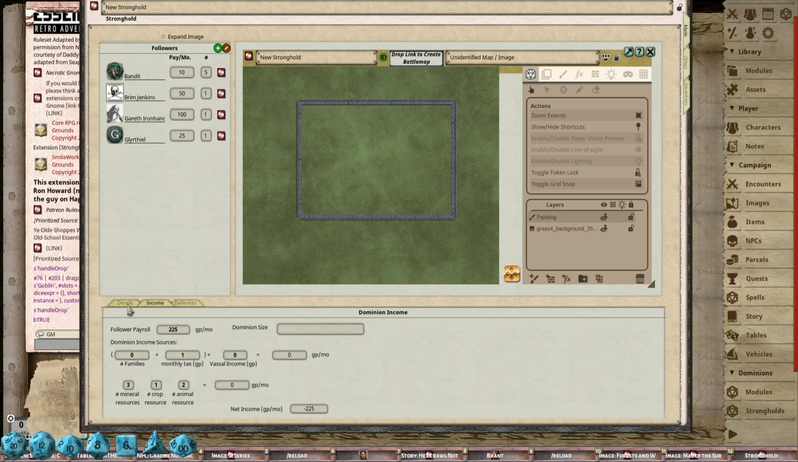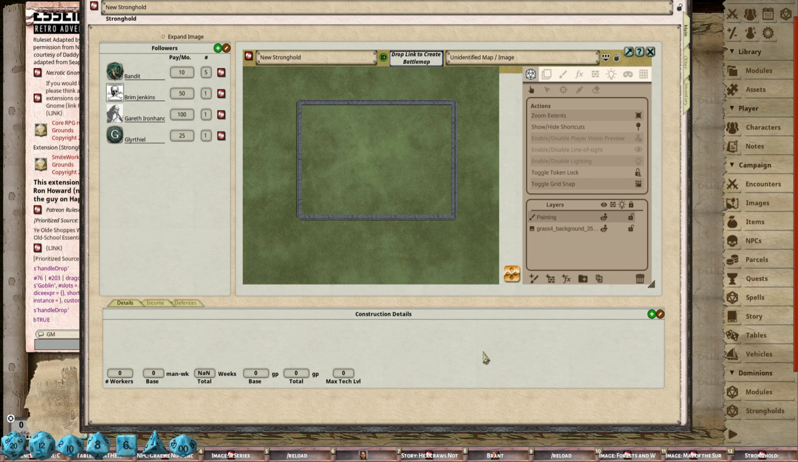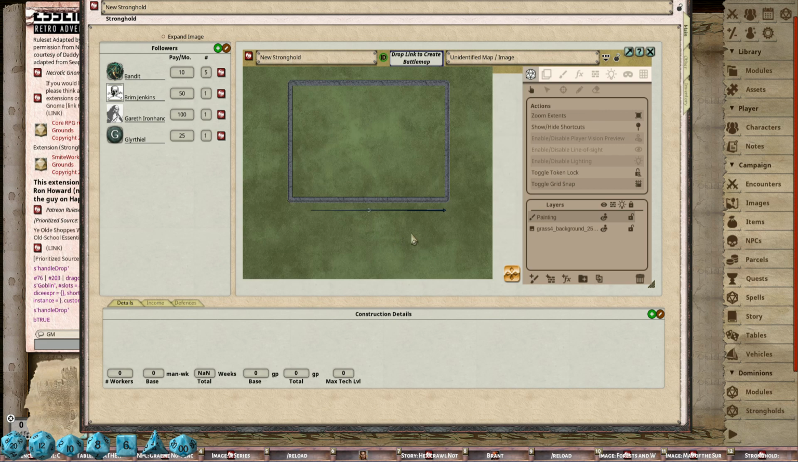We'll get into this in a second. Let's go back to details. I don't know why this does this. It's annoying. All right, so construction details. So how this works is, let's say we have our stronghold, and we could actually use our measurement tools. Let's say this is our wall. I say, okay, this is a 145-foot wall, and so we know in total we're going to have 600 feet of walls,